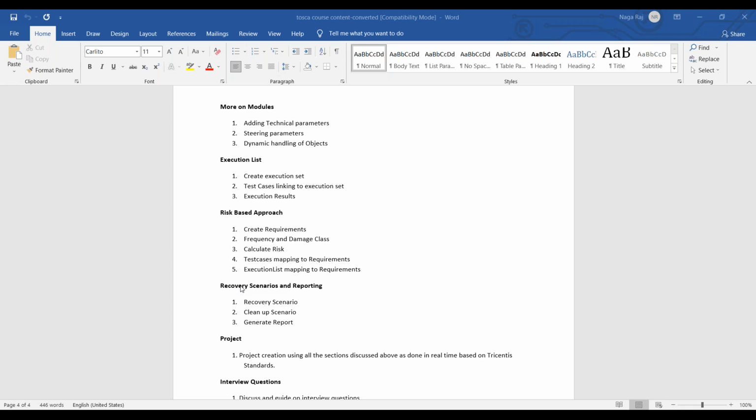All right, and here we have recovery scenarios and reporting. The name itself states it: if our execution gets interrupted, for example, whenever we are executing a set of test cases, if any unknown pop-up appears, our execution will be interrupted due to that unknown pop-up. To handle these types of errors and interrupts,